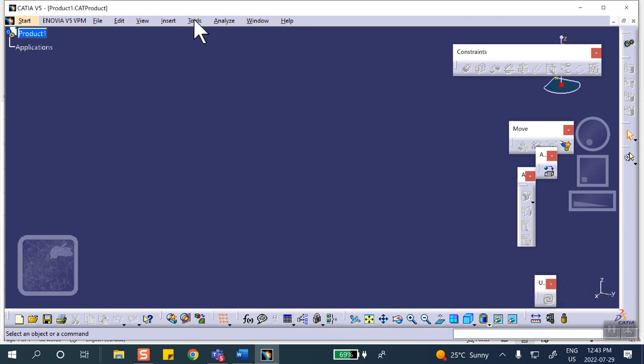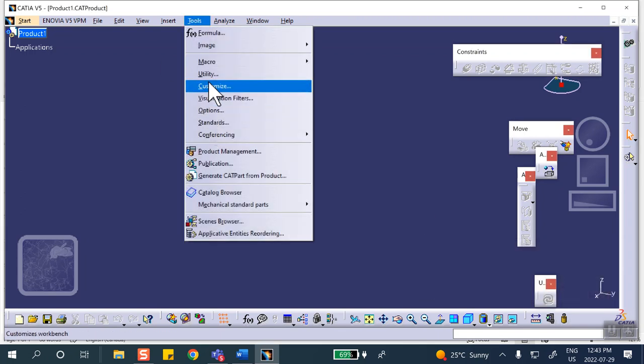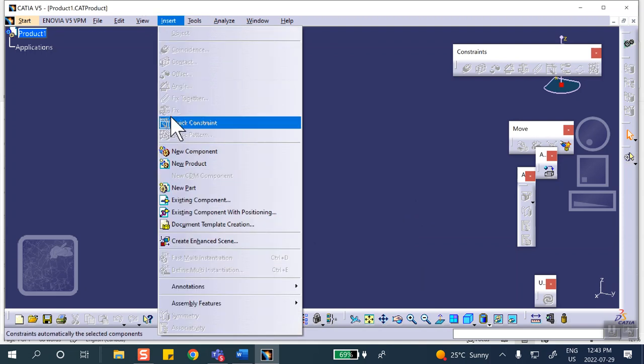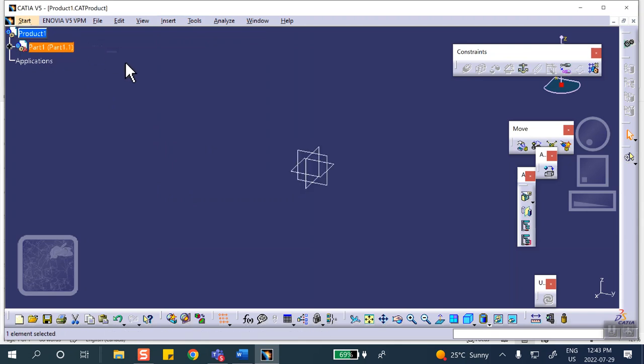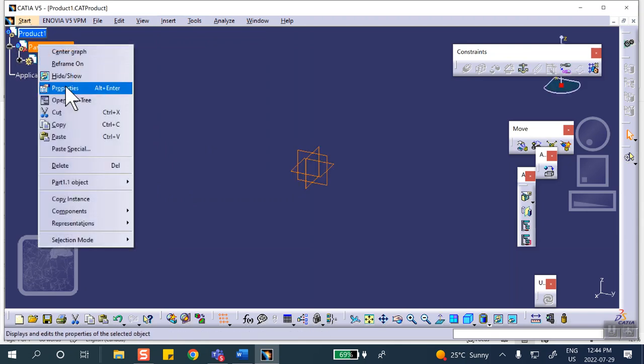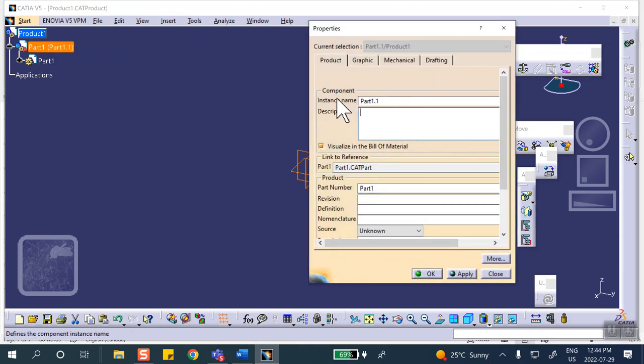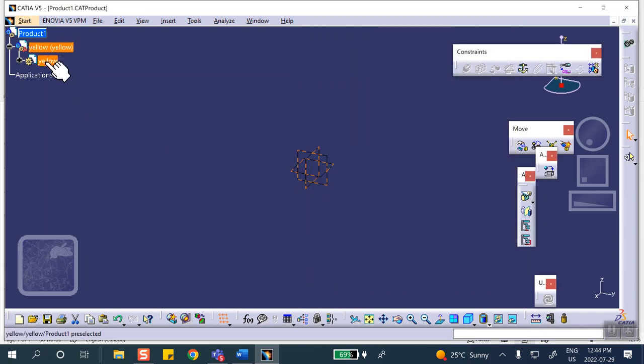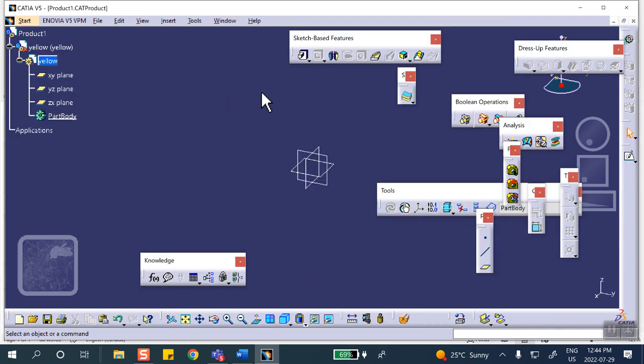I'm going to insert my first part, a new part. Let's make this thing. I'm going to call this first one, just so that I can keep track of this yellow piece, yellow. Okay, let's do it. Double click on that so that we can make the part. On a convenient plane, on that vertical plane, I will sketch